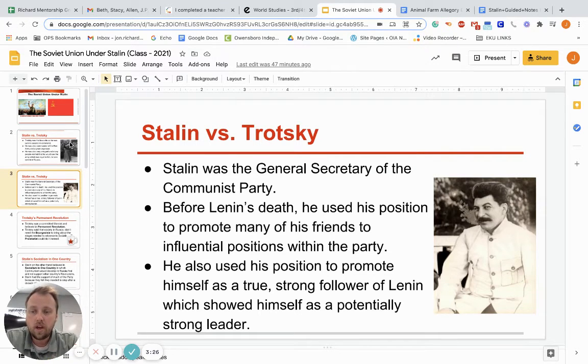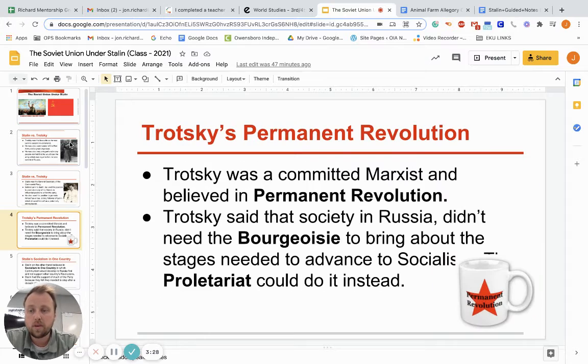So we know they're both working against each other. We know they were different in how they looked at the revolution. Trotsky saw this as a permanent revolution, in which he wanted this revolution to spread around the world. Trotsky said that society in Russia didn't need the bourgeoisie to bring about the stages needed to advance the socialist proletariat. The proletariat could do that instead. So the proletariat were going to spread this around the world, and it was always going to be a